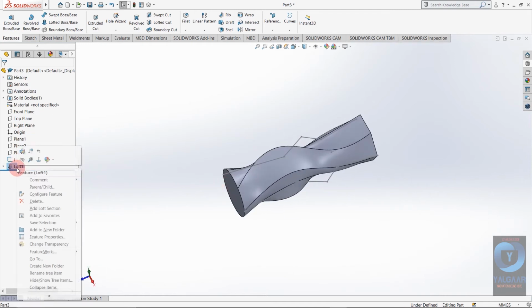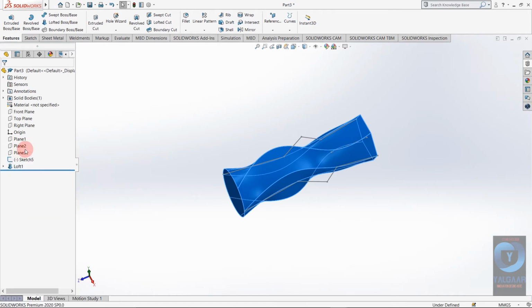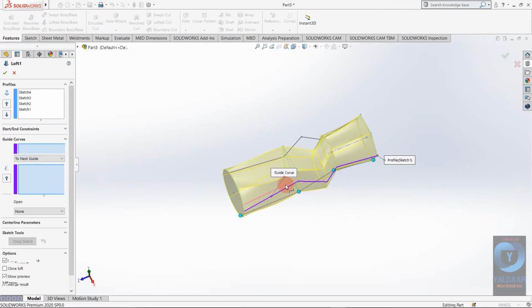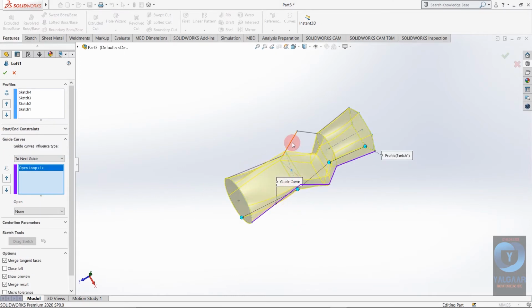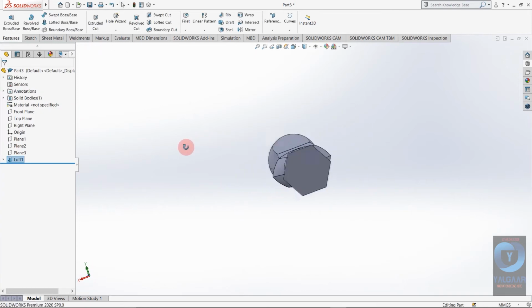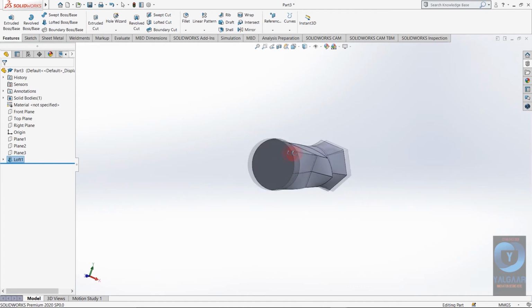So I'm just going to give it guide curves. So edit guide curves. Just select this. Automatically it will select the whole geometry. Also on this side. Now you can see our component is properly extruded.